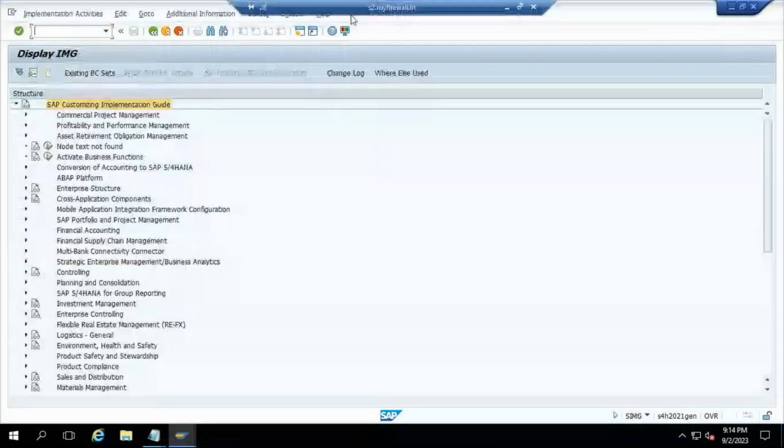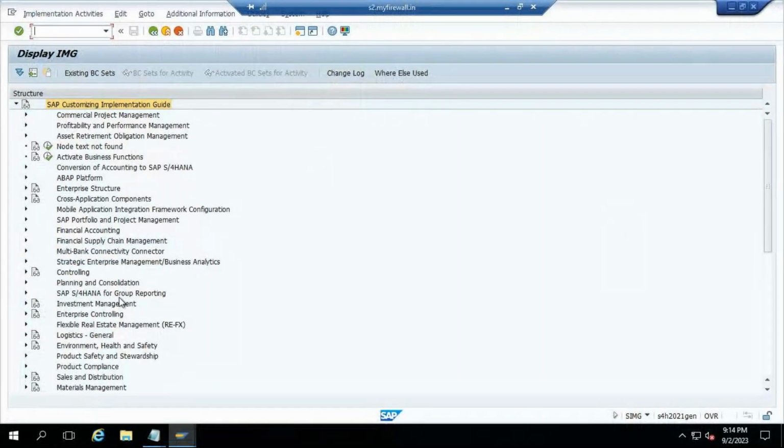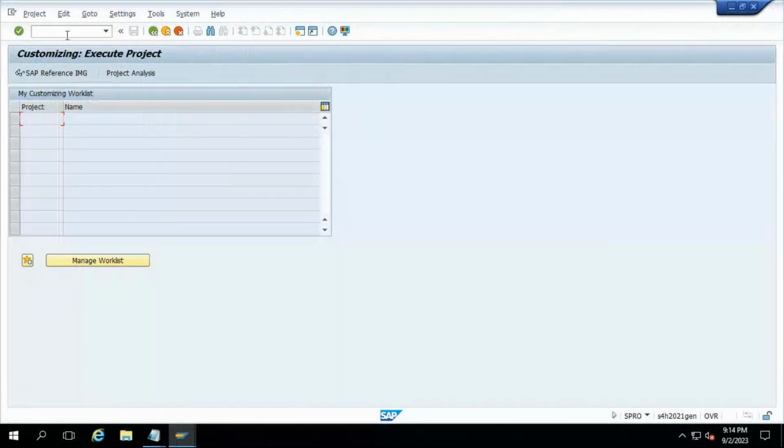So let me share my screen. I hope you can all see my SAP screen, right? Yes. Okay. So in the SAP, if I go to the, okay, let me,